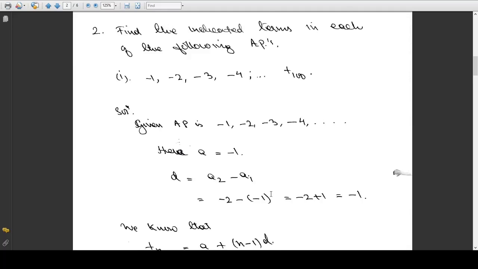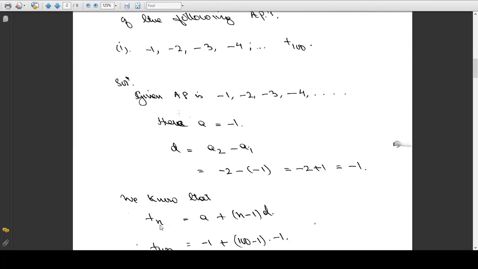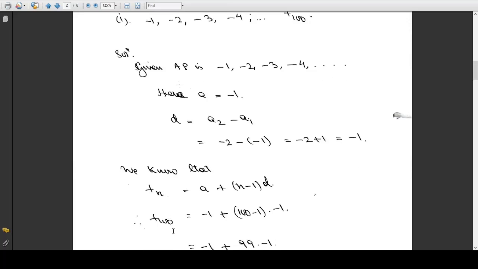Okay, now for tn, we know that the nth term is a plus n minus 1 d. Then for t100, you just have to substitute n equal to 100 in this formula. A is the first term, which is minus 1, plus 100 minus 1, d,